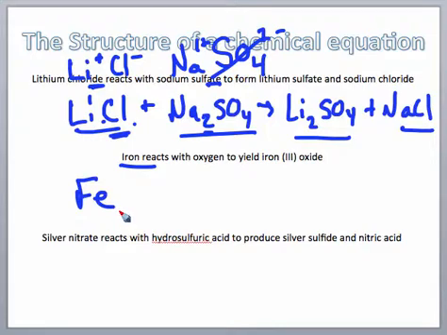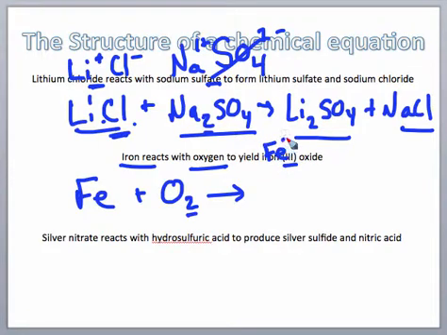It's not diatomic, so don't put a 2 there. And that's going to react with oxygen. Oxygen is a diatomic, and remember, diatomics by themselves, we put subscripts of 2, and that's going to yield iron 3 oxide. Now remember, that 3 means iron with a 3 plus charge, oxide 2 minus charge, so when we crisscross,